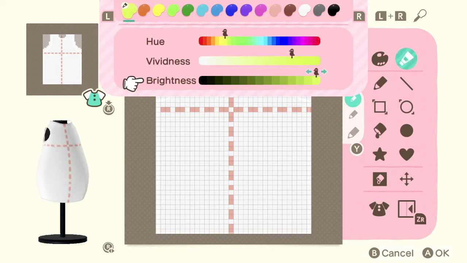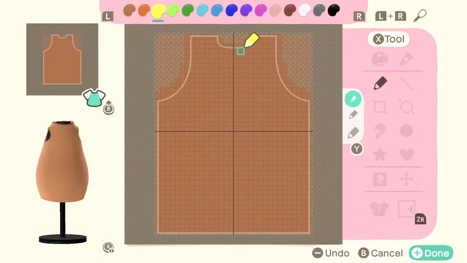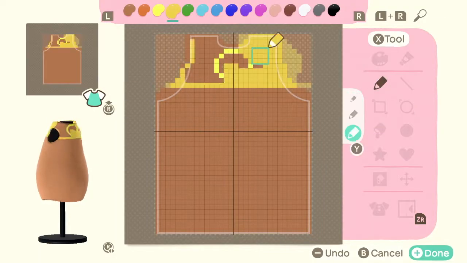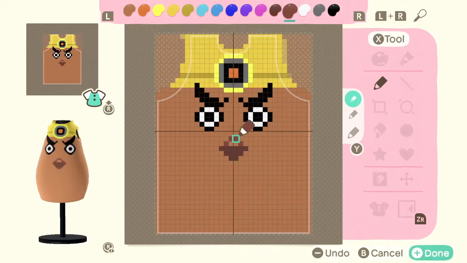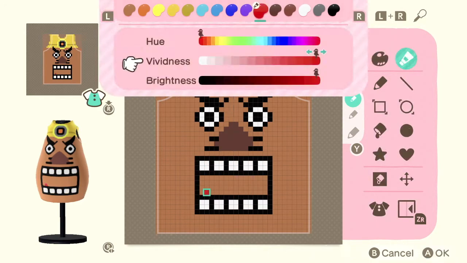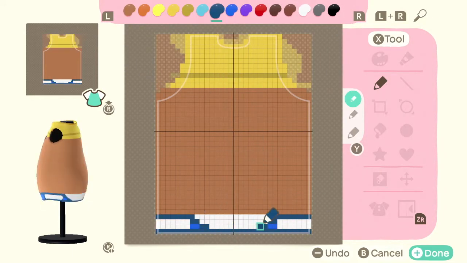Rather than play around with all the trial and error that goes into it, I think this took me like 20 minutes to figure out after going back and forth, so I'm just going to speed it up for us. And as you can see, Mr. Resetti's coming along over here. Those angry eyebrows are coming, and I can't wait for him to yell at everybody who comes to our island